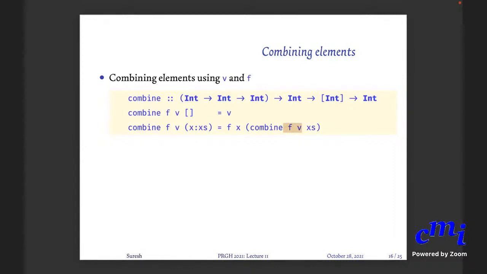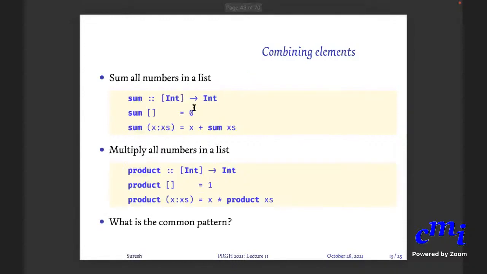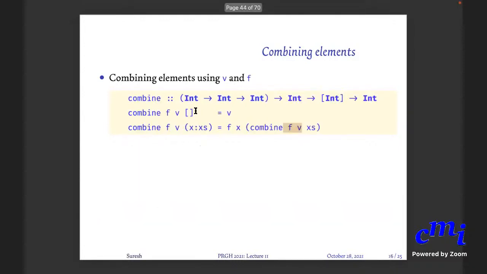And v, yes. In the sum example, f v was 0, because if you come to the empty list, you return 0. That is the identity element of that operation. So you should give two arguments. One is the function using which you combine, and the other is the base value. So recursively combine x's using f and v, and then on that result you apply f with the first element. F applied to the first element and that.